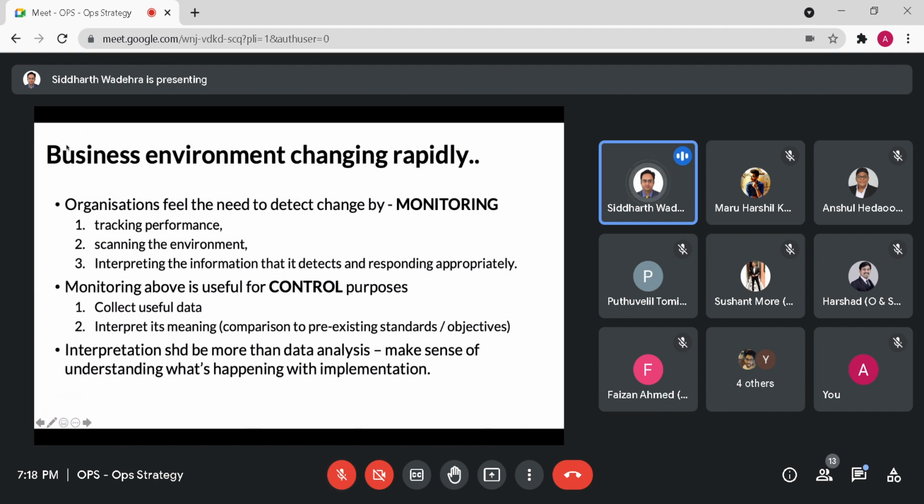Control is when you're collecting some kind of data and trying to interpret its meaning, either through pre-existing standards or certain objectives. Pre-existing standards are typically, say, an SLA of 95% or 97%, and when you look at the data coming from one particular store, it could be less than the expected SLA, and then you can actually have different levels of